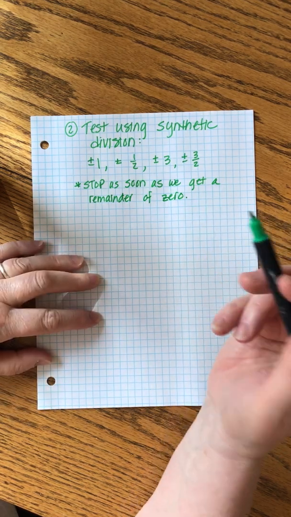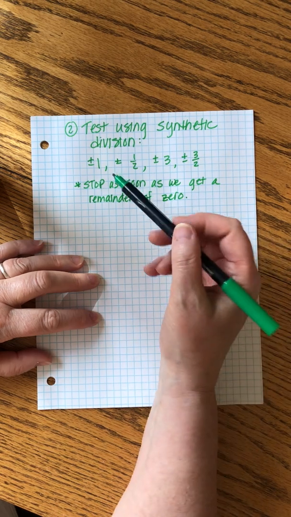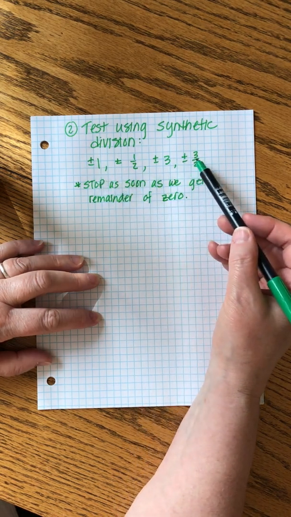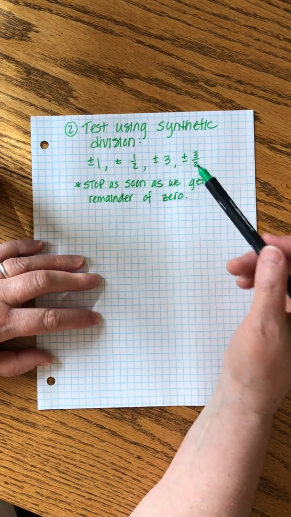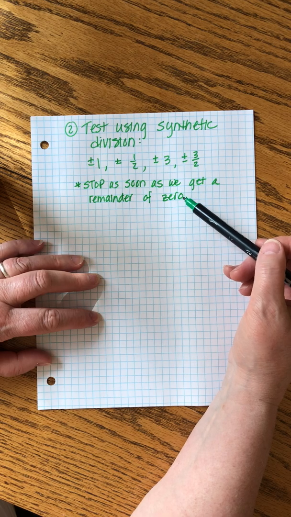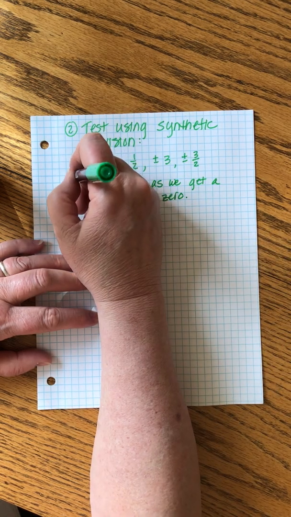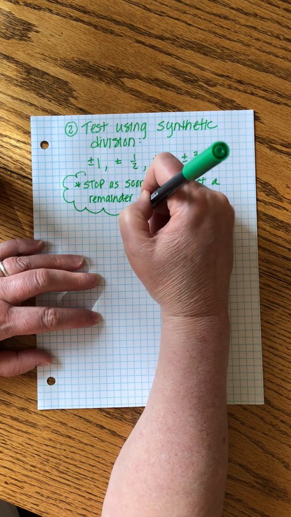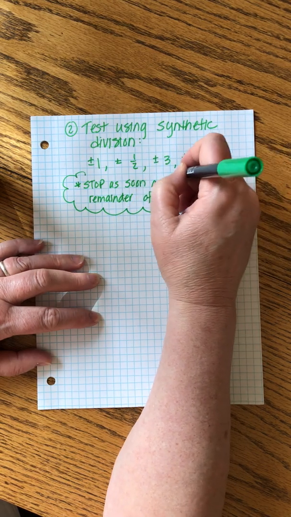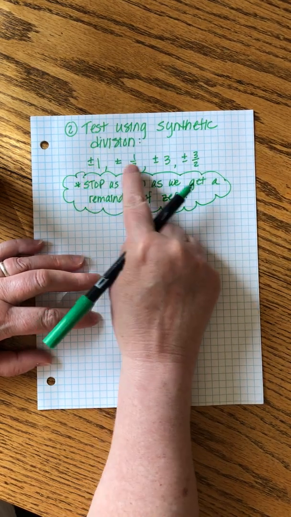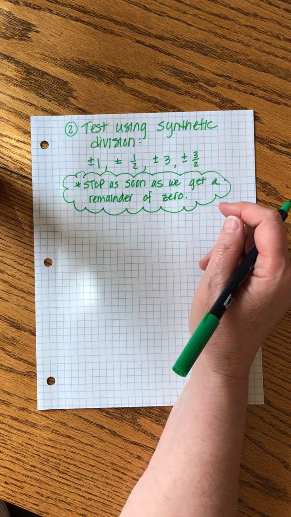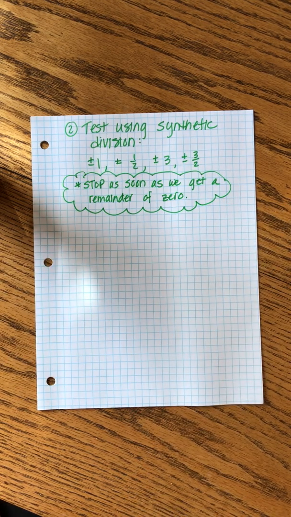And there isn't, as far as I know at this point in my life, an easy way to guess which one of these roots might give us a remainder of 0. But this is really great news because we don't have to keep going and do them all. 2, 4, 6, 8. That's 8 synthetic divisions. But if we get a 0 on the second one, woohoo, we're done. So we're just going to jump in and start doing synthetic divisions